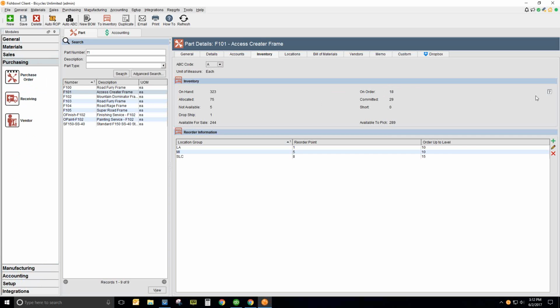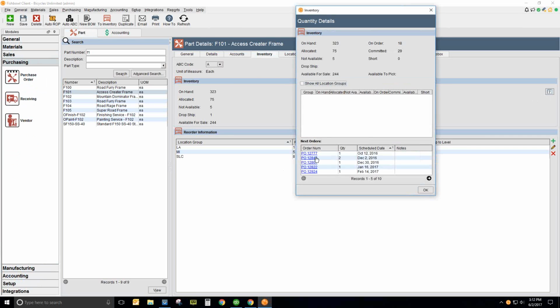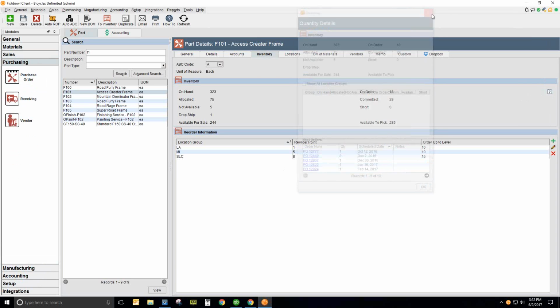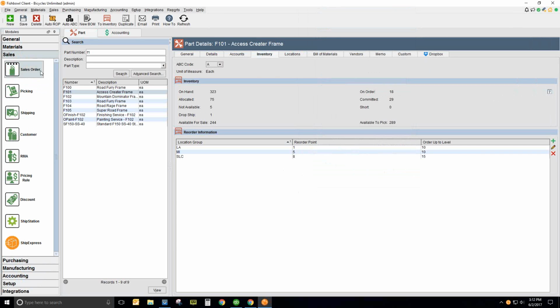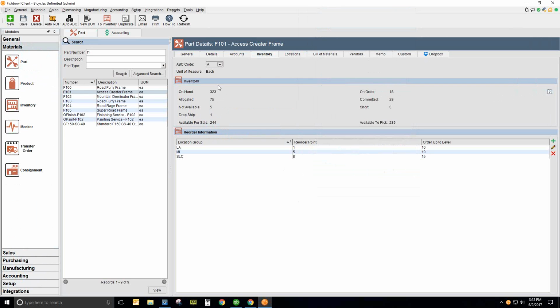And so if I want to drill down and actually see open purchase orders for an item and when they're scheduled to come in, I can do that. I can see what has been allocated. So Fishbowl does sales and it does manufacturing. So there may be situations where items are allocated to either a work order or to a sales order. It is the demand on that part. And so there's going to be a difference between what is on hand and what is actually available to use